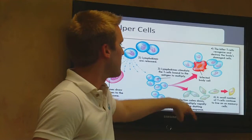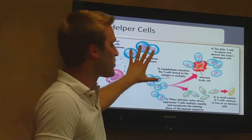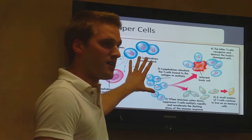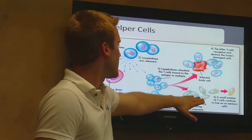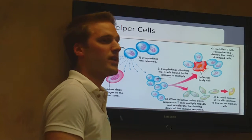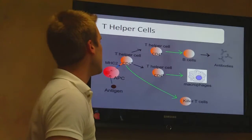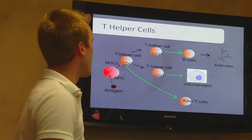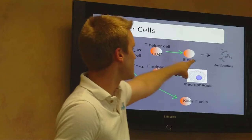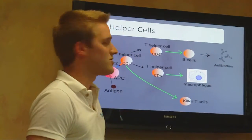Then we're also going to create memory cells so that in the future, when we're exposed to this again, we have a really quick T cell reaction as well. But then it's also going to affect B cells, so that B cells are going to start creating more antibodies. So very important cells in the immune system. And this is looking a little bit more at it. You can see the T helper cells activating B cells, creating antibodies, also creating the macrophages, and also the killer